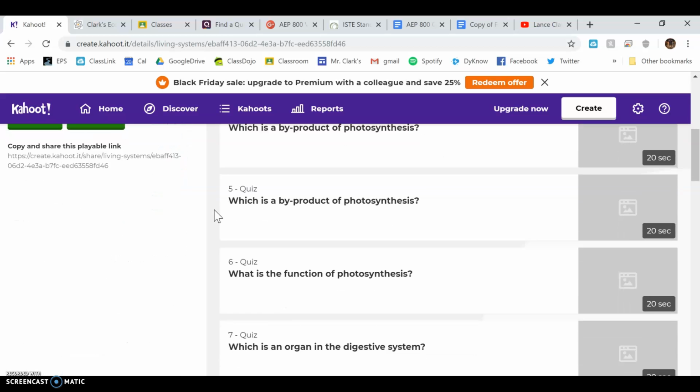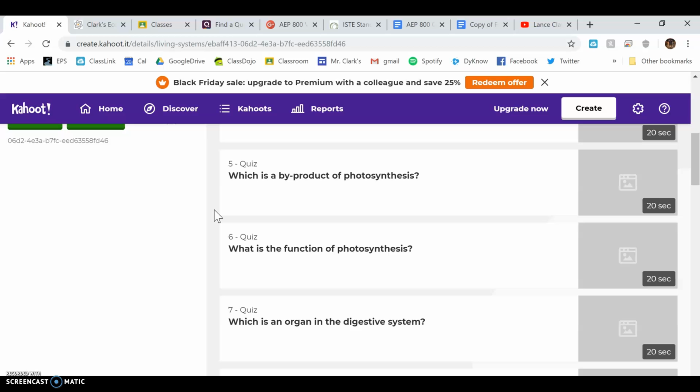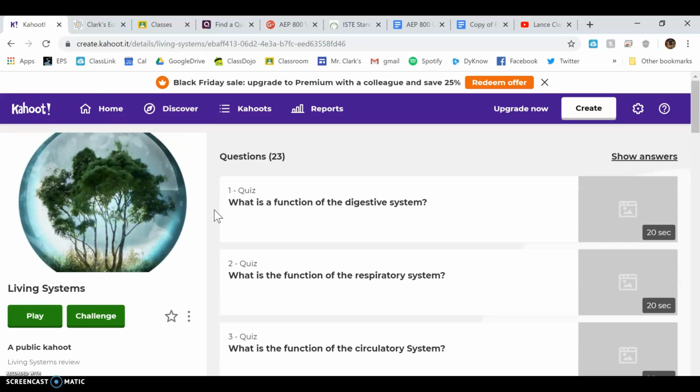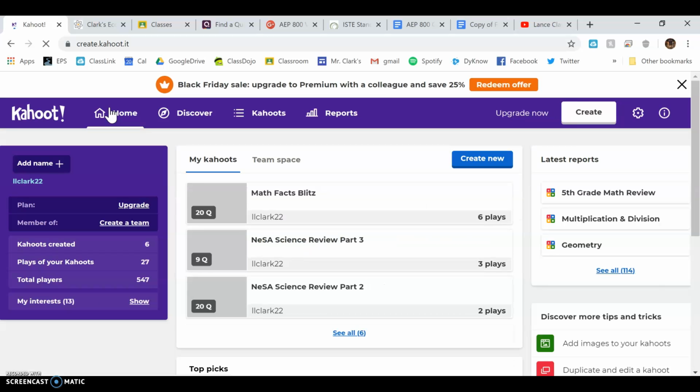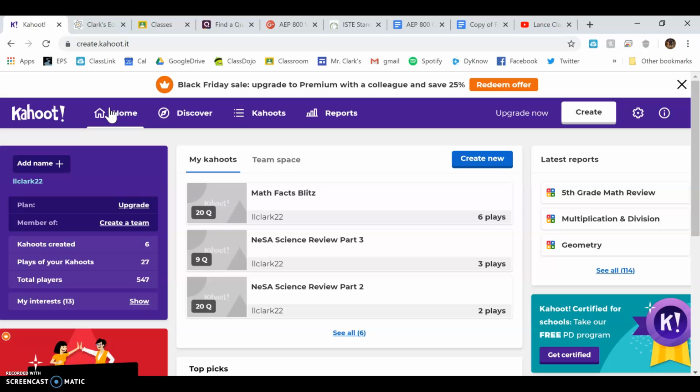Anytime we use this, like I said, the kids absolutely love it, and it actually gives them some pretty good feedback. The objective, again, is just to allow them to review for different tests and for different activities and the units that we've talked about. This is strictly for the students. Obviously, the teachers can get some feedback out of it, but there's no interaction with parents or anything like that. It is okayed by the COPPA laws, and so you don't have to worry about any of the information getting